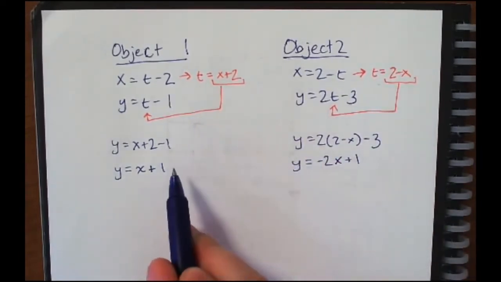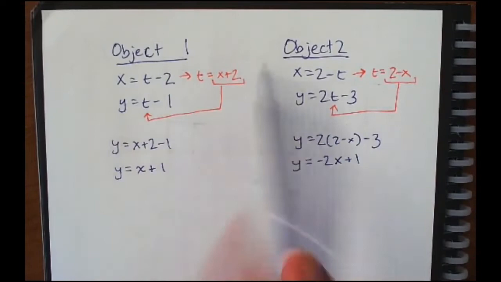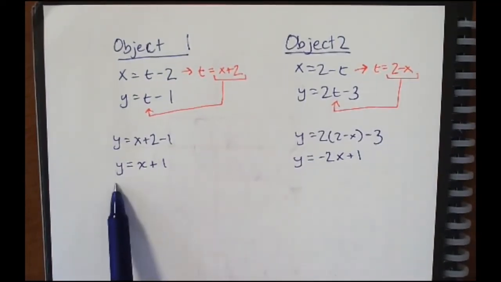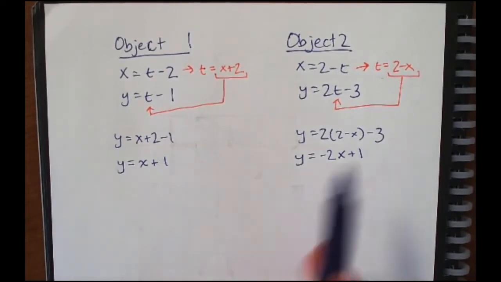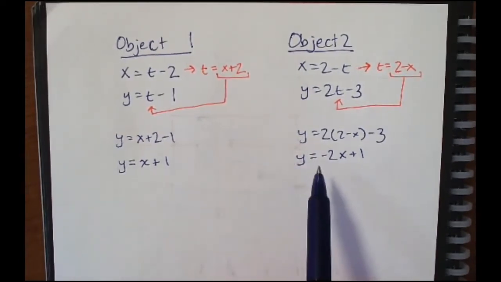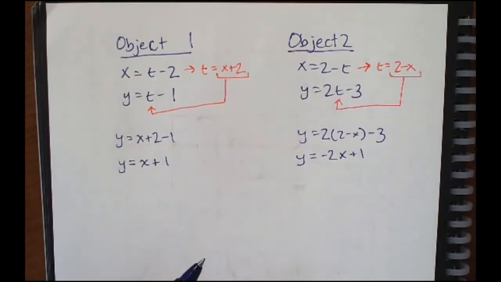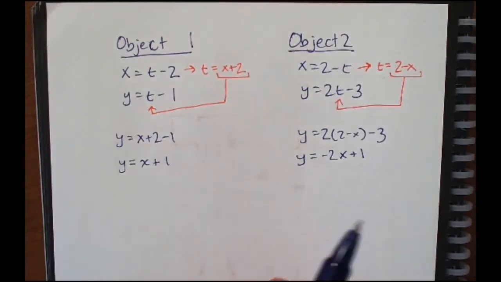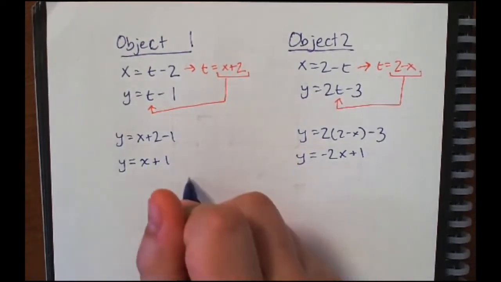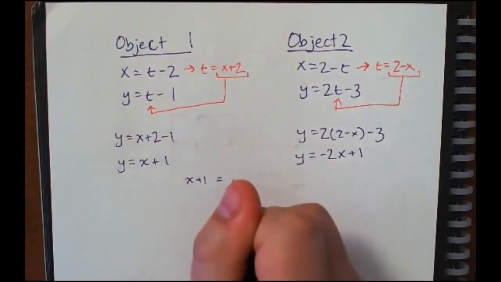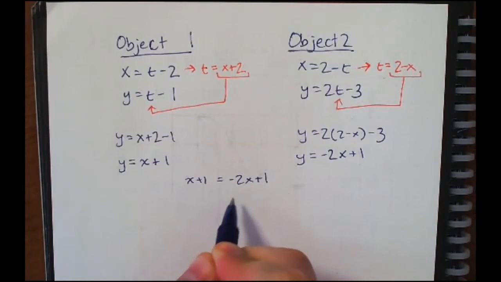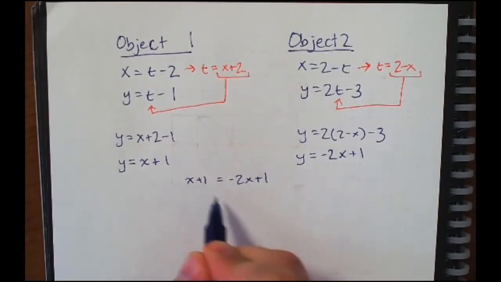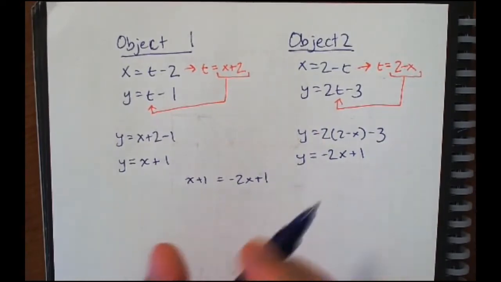We got two different equations for the paths of object 1 and object 2, with y written in terms of x. So they definitely will have an intersection point. Both of these are linear. The slopes are different. So that guarantees at least an intersection point. To find the intersection point, we're going to set x plus 1 equal to negative 2x plus 1. Solve this for x by adding 2x and subtracting 1. And we should get